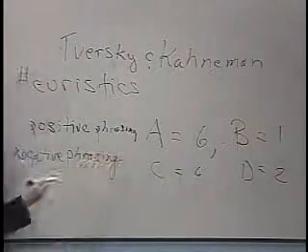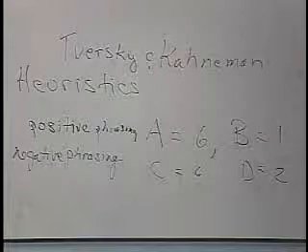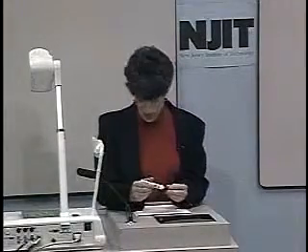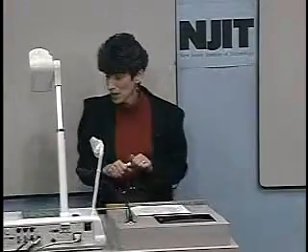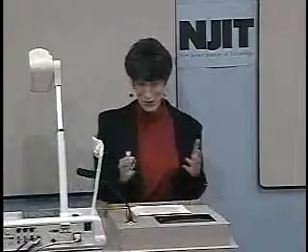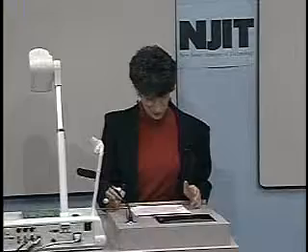Because what framing says is that in the face of a loss, we tend to be risk-seeking. We'll take a gamble to try to avoid the loss. Okay, now, in this case, there was a little bit more gambling. I could say that there was twice as much as in the other case, but it didn't work out quite as well. In reality, A and C are the same, and B and D are the same.